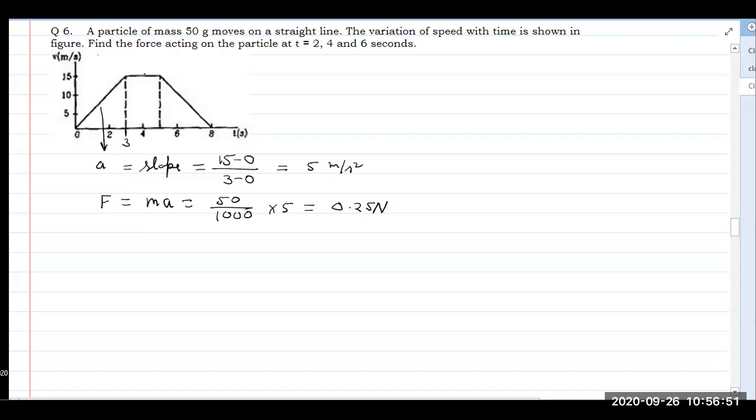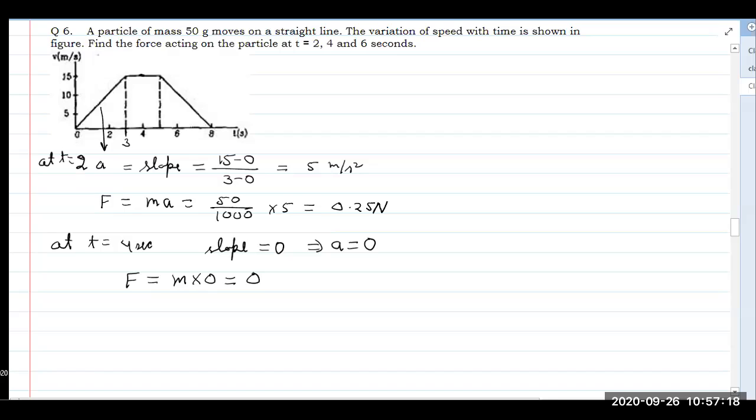At 4 seconds, you can see velocity is constant. So slope is how much? 0. At t equal to 4 seconds, slope is 0. So acceleration is 0. So force is how much? M into 0. So how much? 0 newton force. And similarly at t equal to